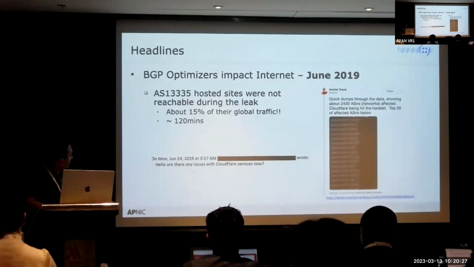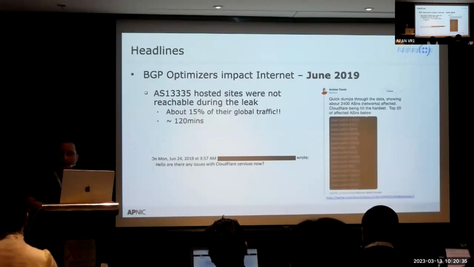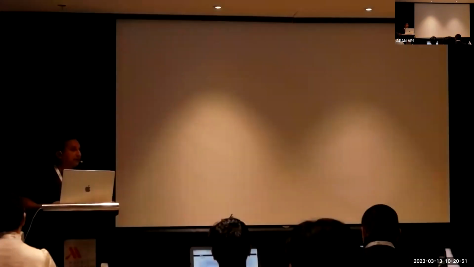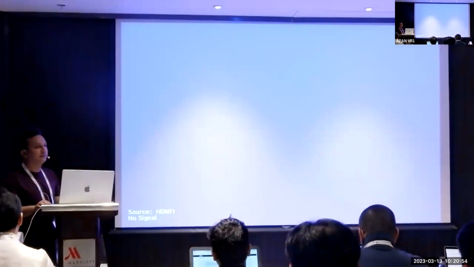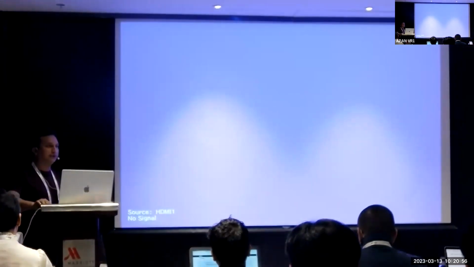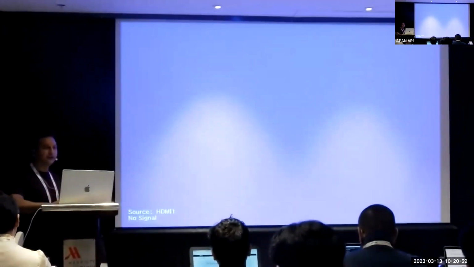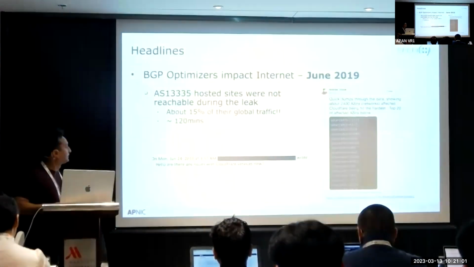And again, Cloudflare was affected, and around 15% of the traffic was not available for around 2 hours. For a company like Cloudflare, 2 hours of service unavailability is a long time and a lot of loss in their business. So these are the things that can happen. This is also not bad intent. This is some software running in your network trying to do some kind of load balancing, but it failed to follow the protocols of the